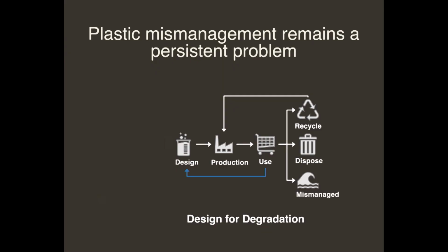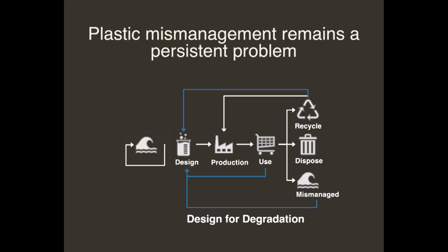And so a solution for this is designing for degradation, where typically we've been feeding the use phase back into the design process, how the material interacts with the user and also its material properties. Recycling has fed back into the design as well recently, but we'd really like to move this mismanagement term to being sort of this rapid feedback into the design process. And in order to do that, instead of waiting for the plastic to move through its whole lifetime, we would like to have this mismanagement be a rapidly iteratable variable that we're able to tune and have it feed back